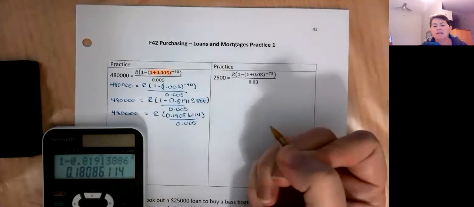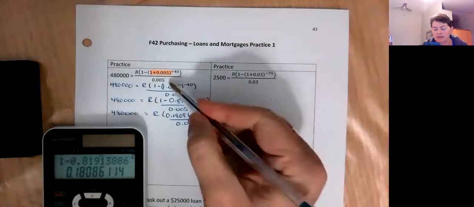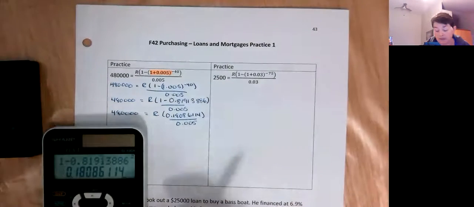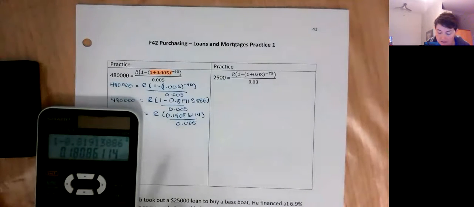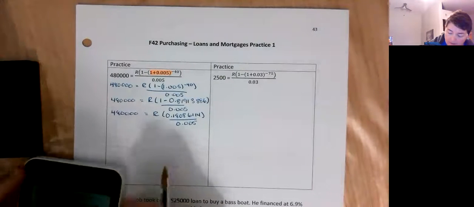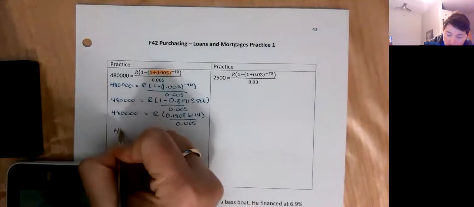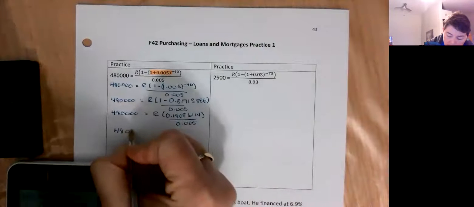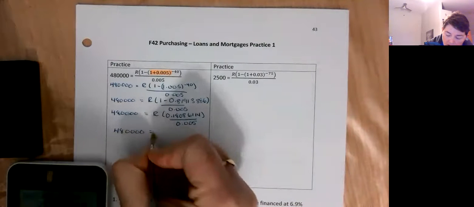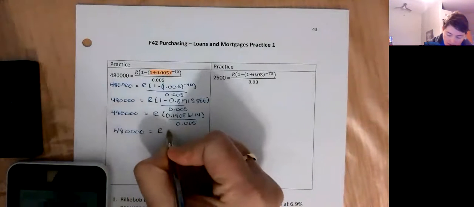I mean, it's not really that different than any of the other ones. What we do is we simplify this side as much as we can. This side just takes a little bit longer. Now I'm going to divide by 0.005. So 480,000 is equal to R. And I'm left with